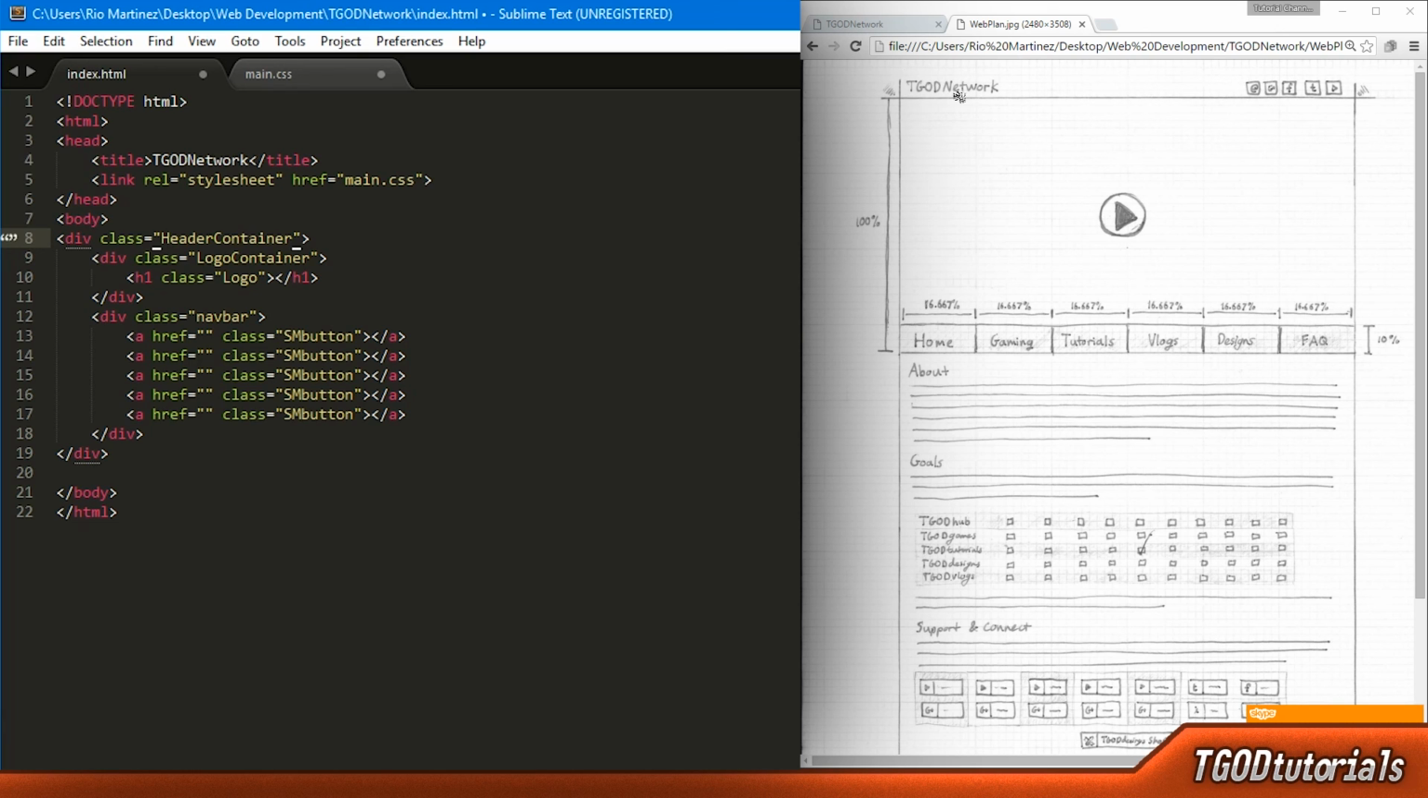Inside of this one, we have our logo container, which will contain just the logo. And then inside of that logo container, we'll actually have the logo itself. So this logo is wrapped in the logo container and then in the main header container. So double wrapped for double ease later when we style things. So we're done with that. We have our header 1 with the class logo, and we'll fill that in right now. We'll do TGODtutorials,